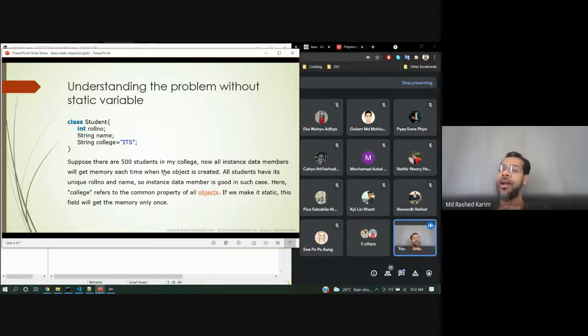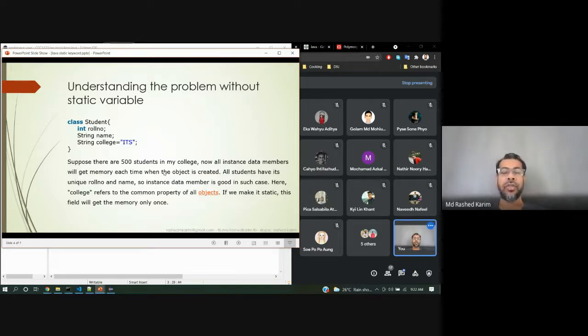That means 500 into 44. Like I'm giving you 50 bytes, okay? So you multiply 50 bytes by 500 students. That means 25,000 bytes you need for 500 students. For each student the college name will be maybe 20 bytes.